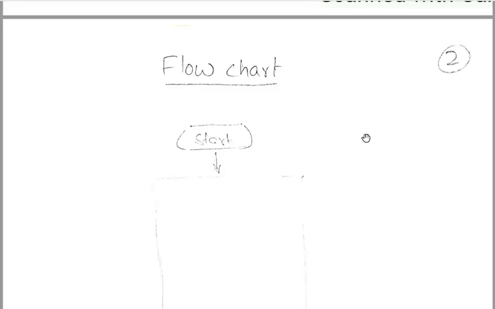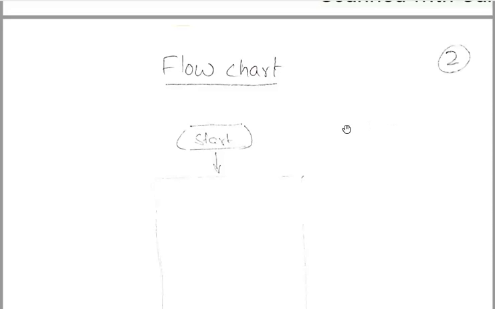Is that clear? So flowchart. Every week with the discussion, I am going to give you the flowchart, so you need not worry about the flowchart. You can directly draw the flowchart from what I will be explaining in every week's lab session. And after the flowchart is complete, in this case I am assuming that the flowchart will complete in only one page.